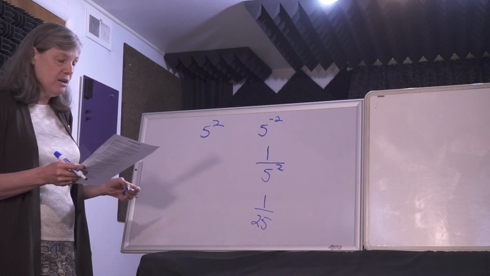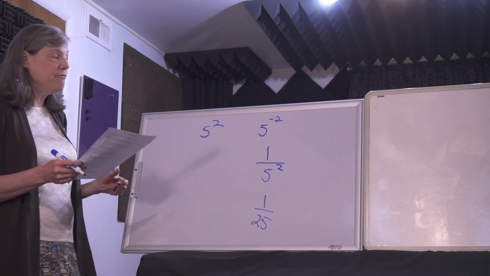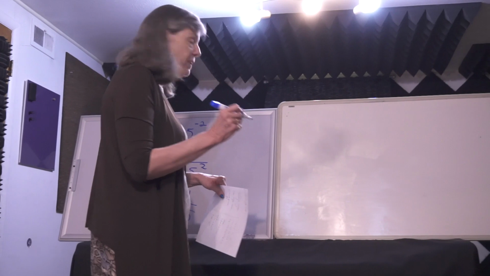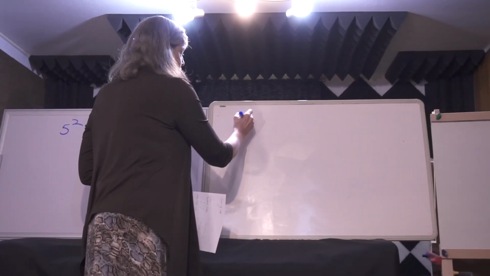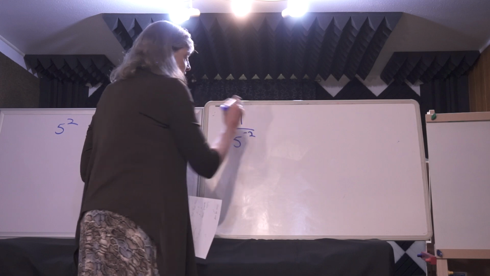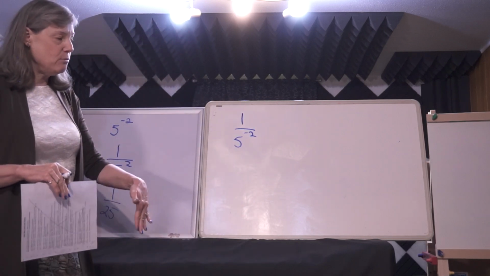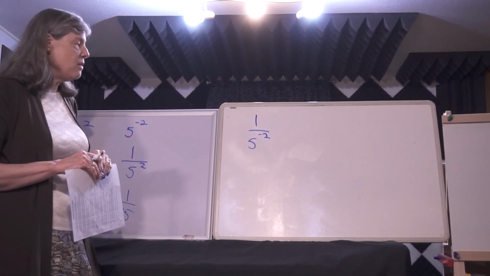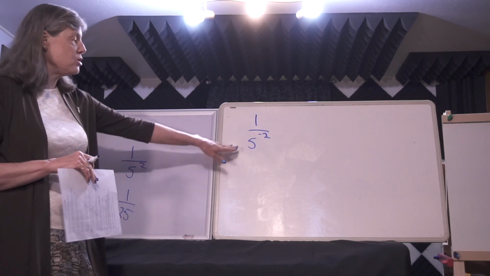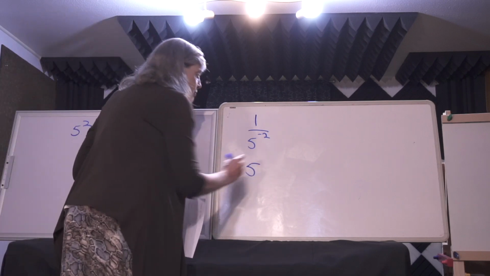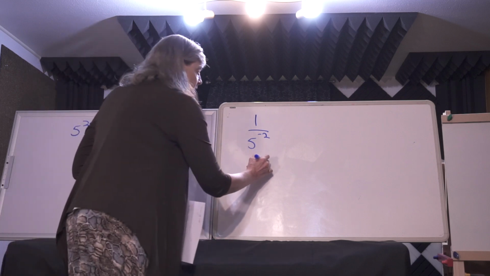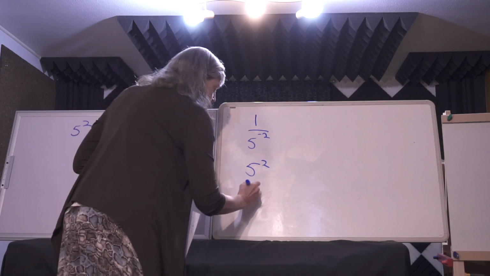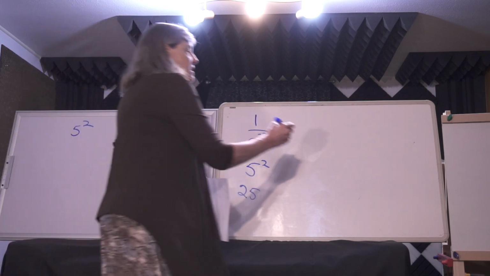Okay? Again, we need to be very, very careful about what the base is. So also, let's just look at this. If this started in the denominator, remember, it either moves down or up, depending on where it is, and only what is the base of that negative exponent gets to move. So in this case, the 5 would move up to the numerator. The exponent goes with it, becomes positive now, and so our answer here would be 25. Now let's look at